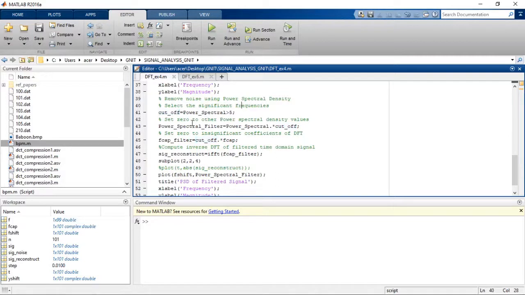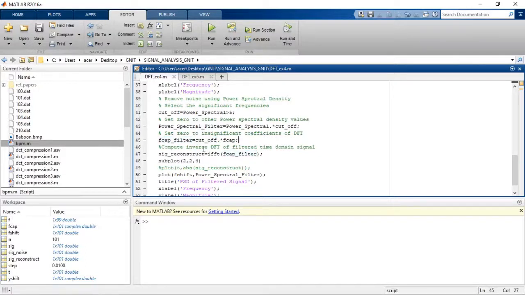So from the significant values, we are multiplying this logical cutoff with the power spectral values. Similarly, the DFT coefficients are also multiplied with the logical cutoff values.